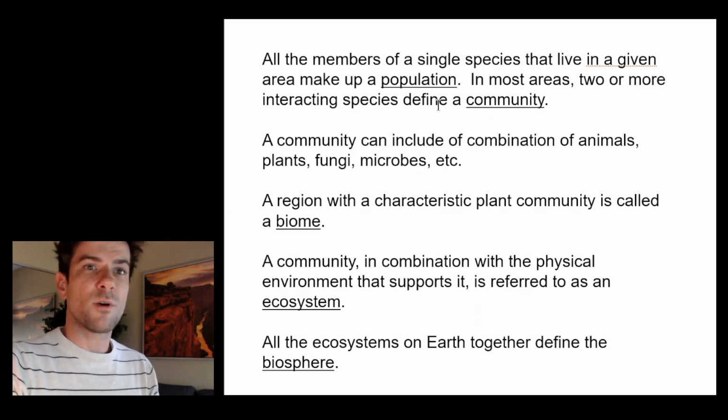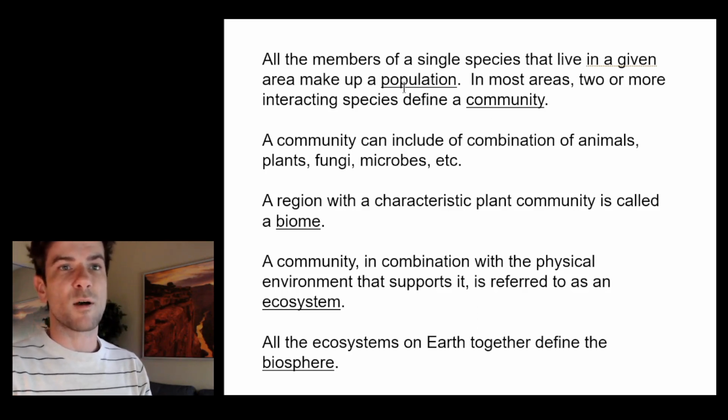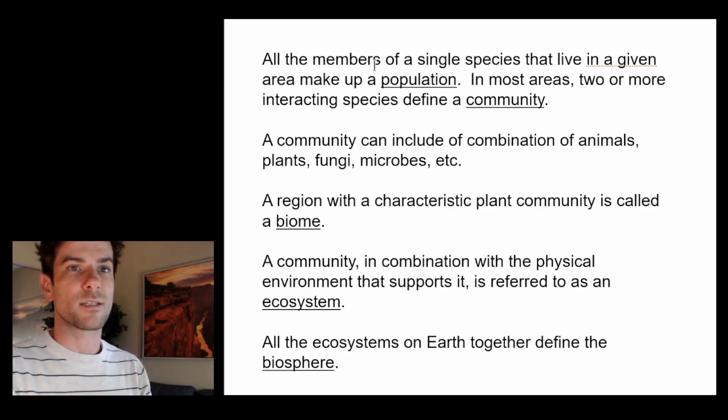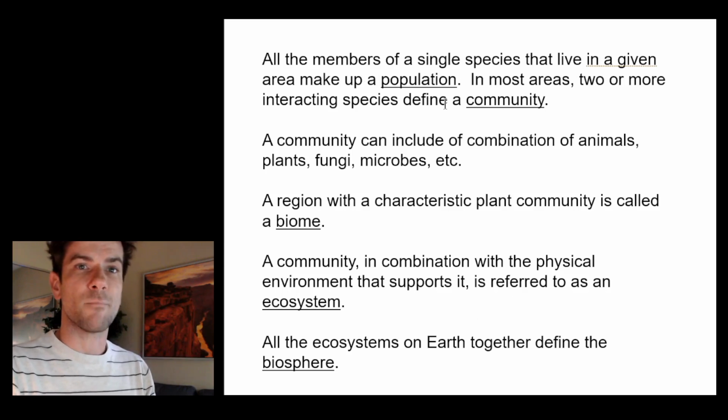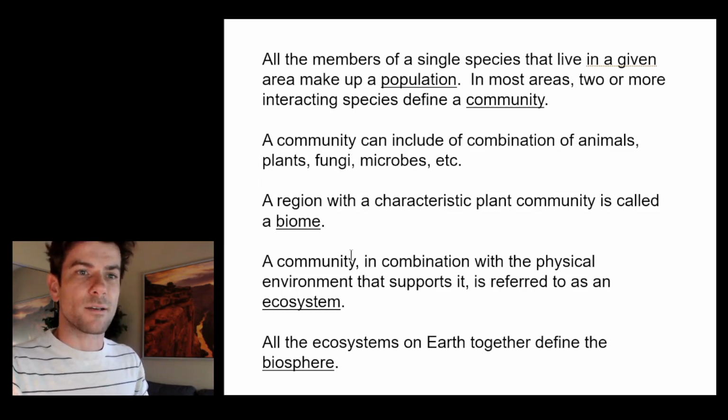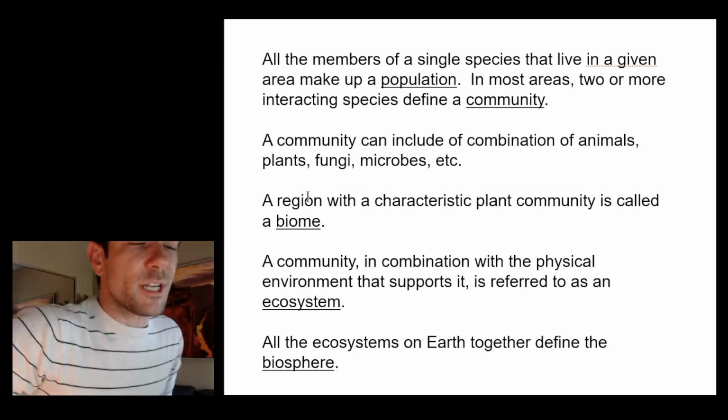Nonetheless, a few terms that refer to these things. A population is some number of a single species that are living in a given area. In most areas, there are at least two or more interacting species. They're going to define a community. A community can include any organisms or all organisms that are living in that region. A biome is a community that's characteristic of a certain